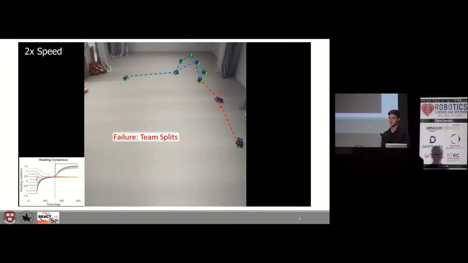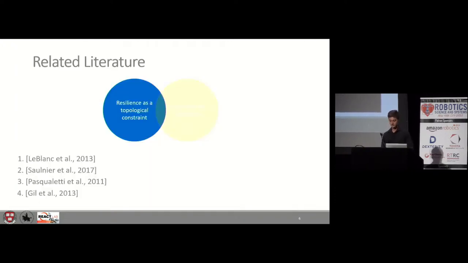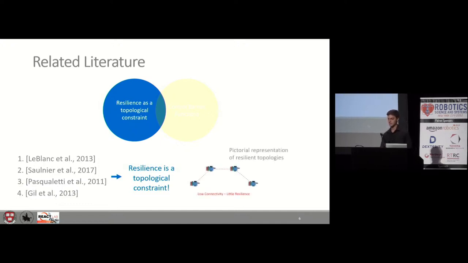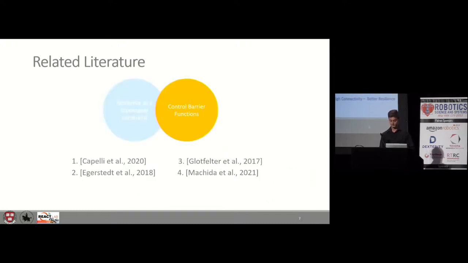This motivates us to build networks that are resilient, meaning that there are multiple paths of communication between any two robots. Previous works have shown that there are certain topologies that guarantee this resilience to adversaries, and a common theme among all of them is that resilience is related to a network that's well connected. Since we model the connectivity between robots as a function of distance, we can actually impose resilience as a physical constraint by enforcing that robots stay close enough together to form a well-connected network.